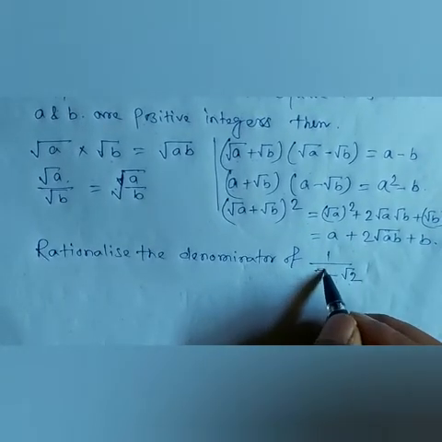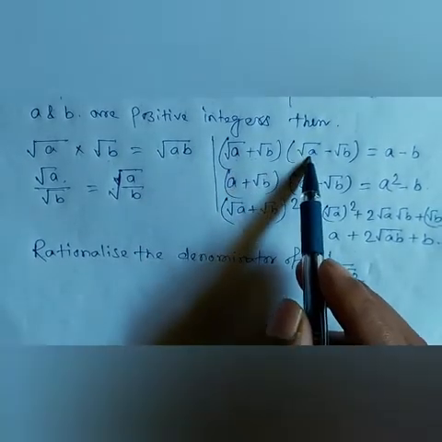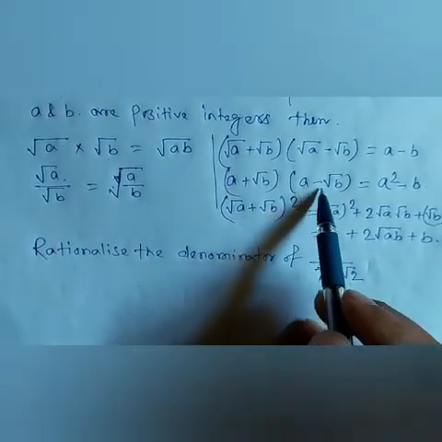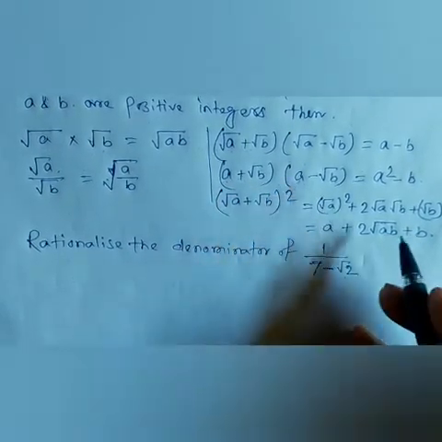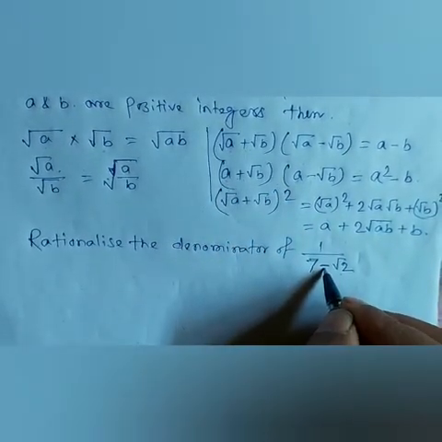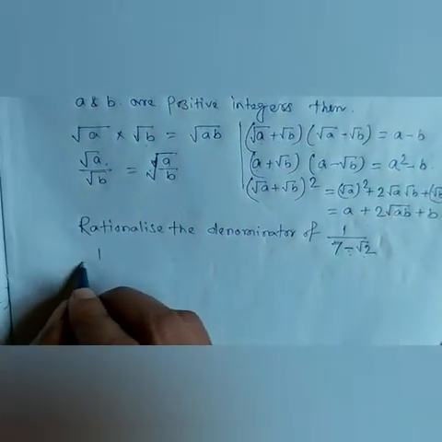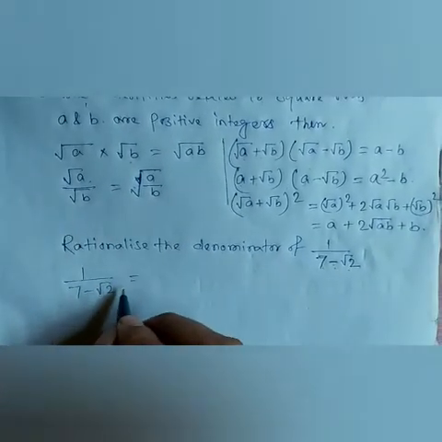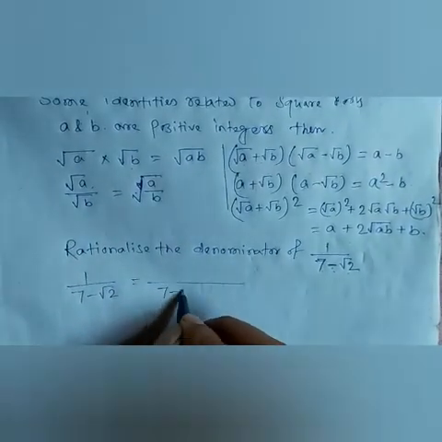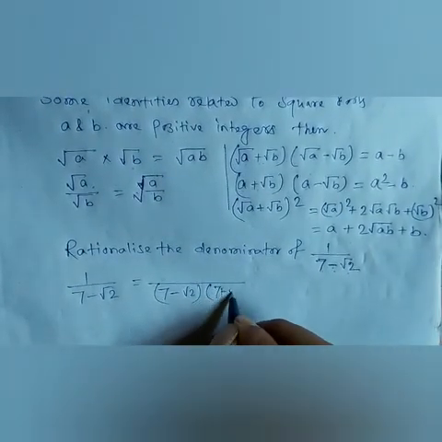So here the number is 7 minus root 2, that's why we have to multiply it this way. For 7 minus root 2, we have to multiply by 7 plus root 2. If the plus sign occurs, then we have to multiply by 7 minus root 2. So here, 1 by 7 minus root 2: we have to multiply by 7 plus root 2 in the numerator and denominator,